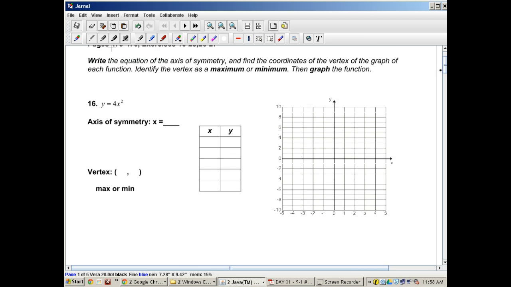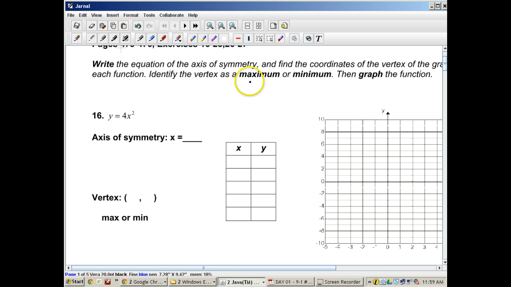All right, so we have to mention this min and max part. A little bigger. We have to write the equation of the axis of symmetry, find the coordinates of the vertex, graph each function, and identify the vertex as a maximum or a minimum. Okay, talk just a little bit about that. So in other words, when you graph it,